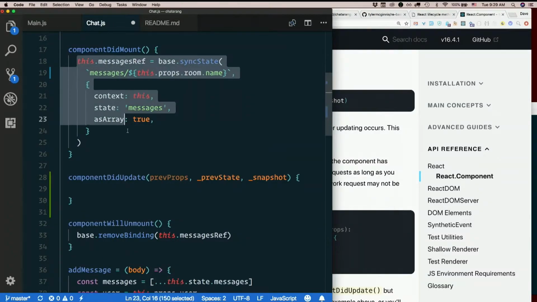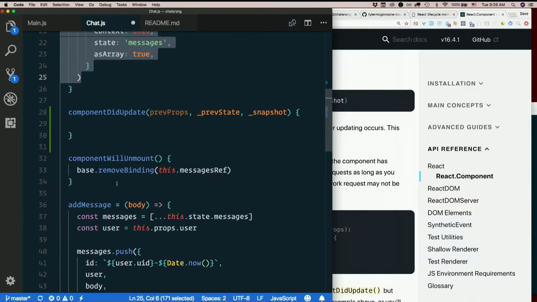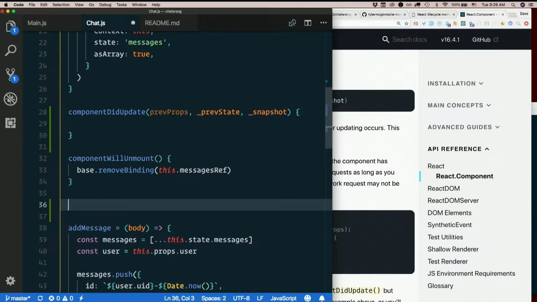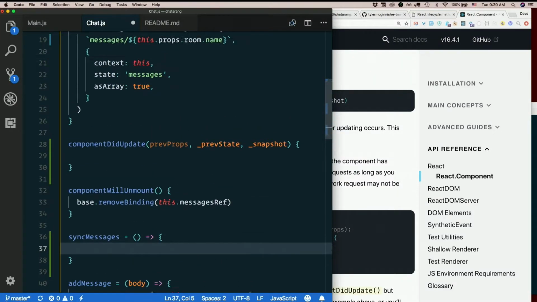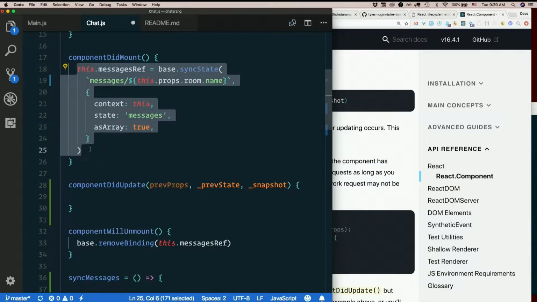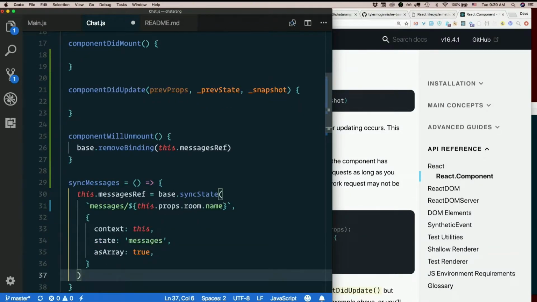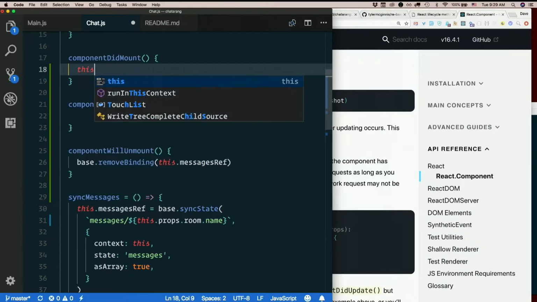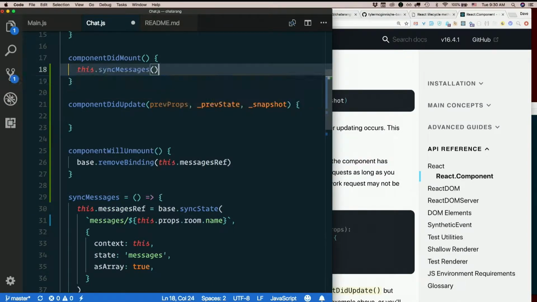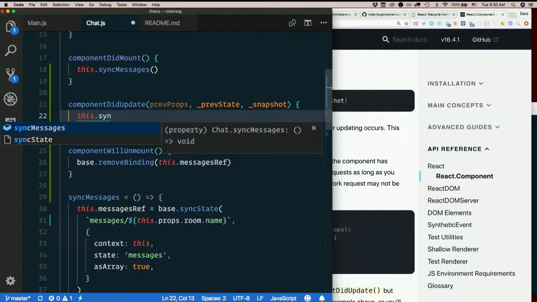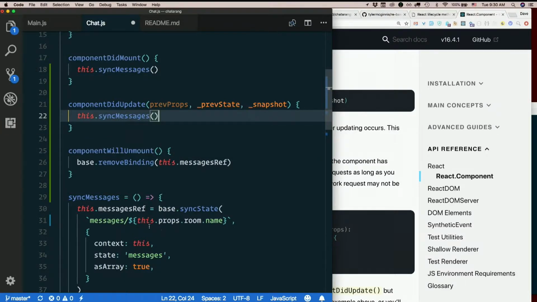So what if we extract this into a separate method? Let's do that. How about syncMessages? Let's make a new method called syncMessages. And let's make it do this. So then in componentDidMount, I'll call this.syncMessages. And then in componentDidUpdate, how about I call this.syncMessages again? this.props.room.name should have changed. This happens after the update, so